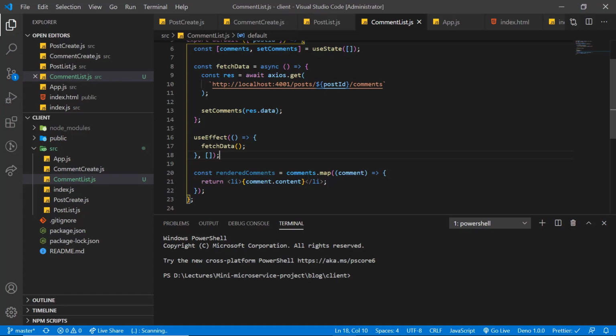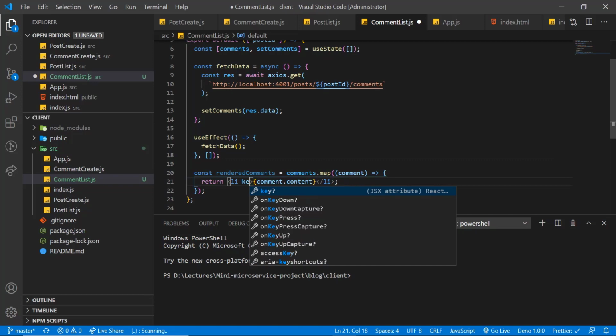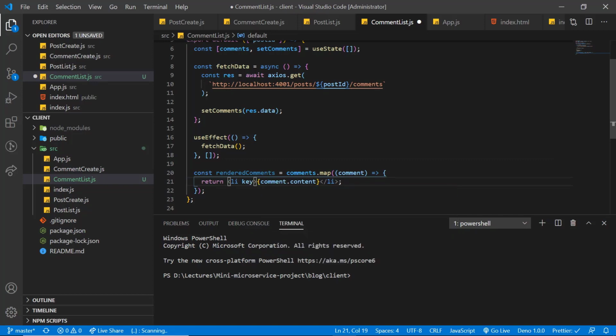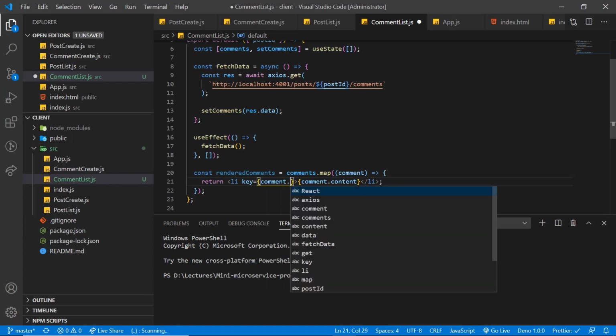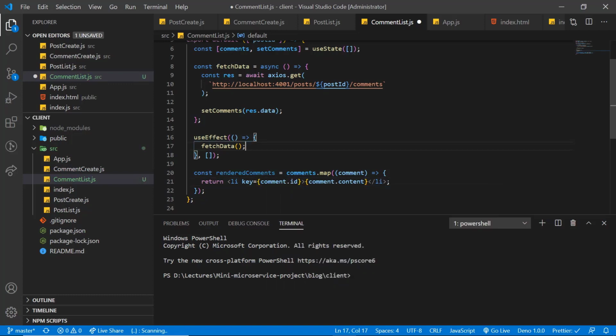Because we are building a list here, React is going to expect this li to have a key property assigned to it. So let's assign a key property to it. And inside this key property let's write comment dot id, because this id is going to uniquely identify it.